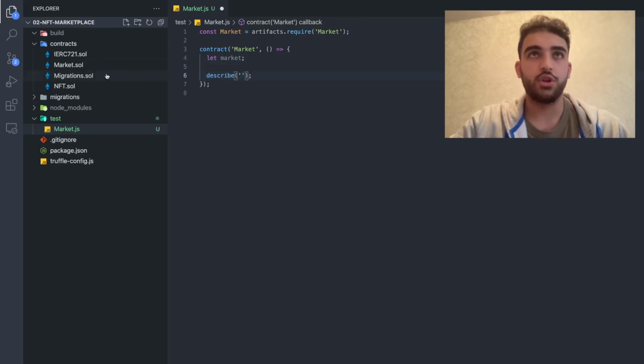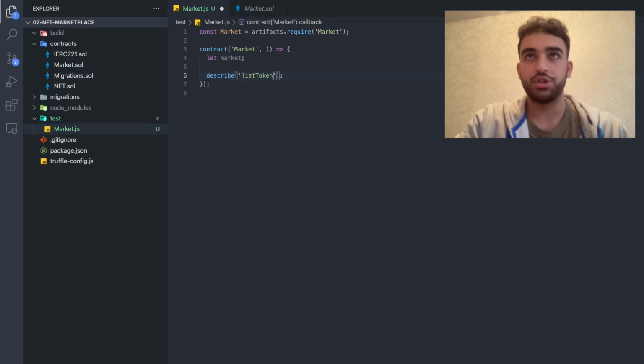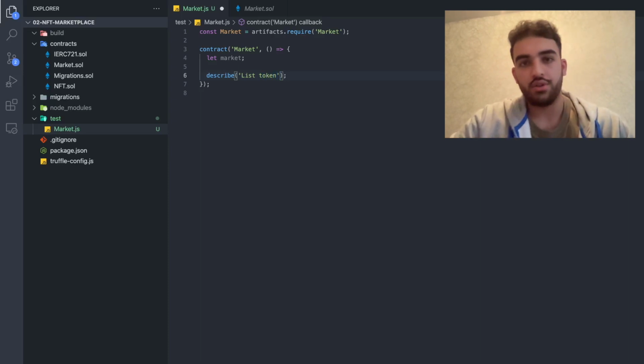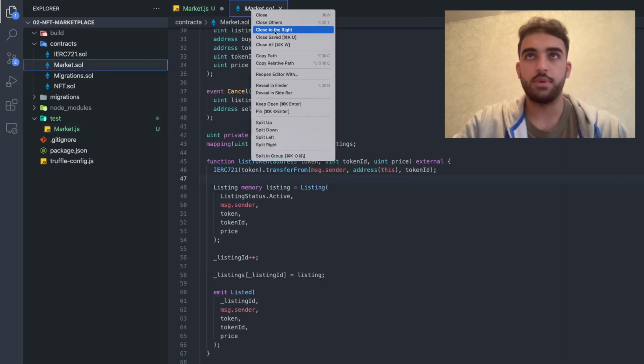This is going to be the function here. List token, you can either use the name of the function or just call it list token. I mean, this is all for you. There are some standards and practices that you can decide to follow, but whatever works for you. Here we're going to test different scenarios. So we do have, let's split this into